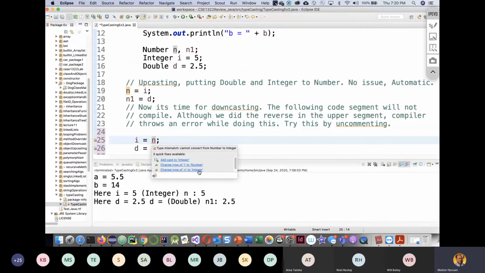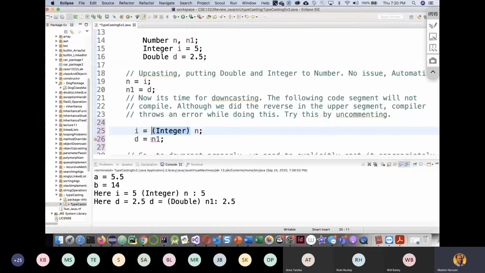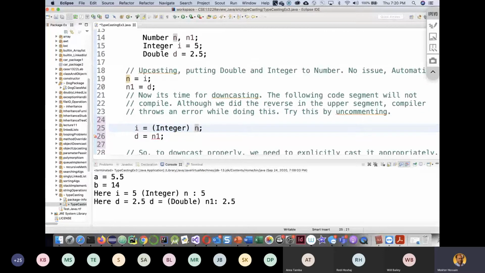I don't like to do either of the last two. I want to do the first option: add cast to integer. If I select this, it is called casting. We know that there are some numbers that are integers,